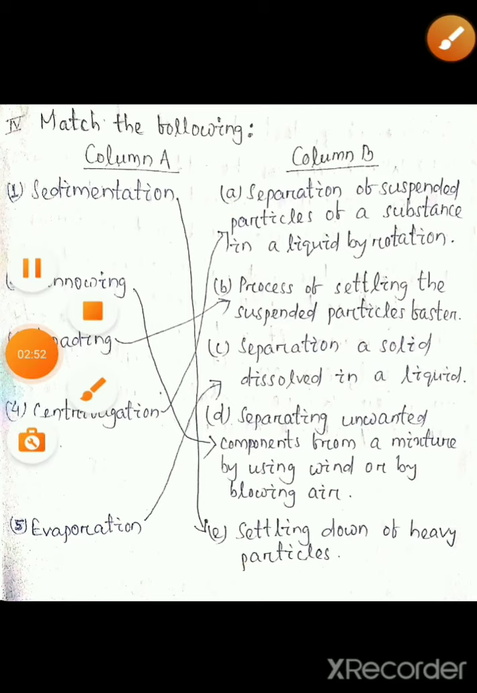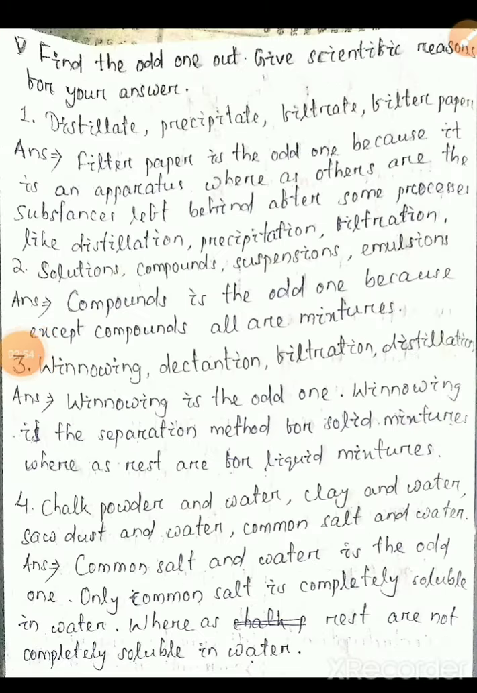Okay students. The next part is the fifth part, that is find the odd one out. Give scientific reasons for your answer. Four questions are given. In each question there are four words. We have to choose the odd one out of those four words, and we have to write the reason behind it. The first one: distillate, precipitate, filtrate, filter paper. And we know filter paper is an apparatus,